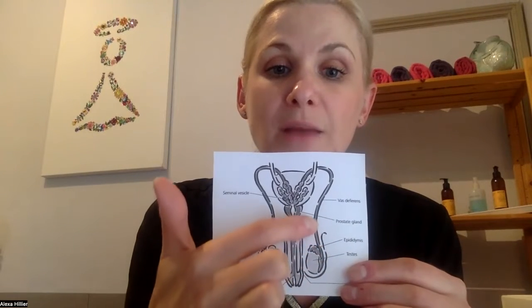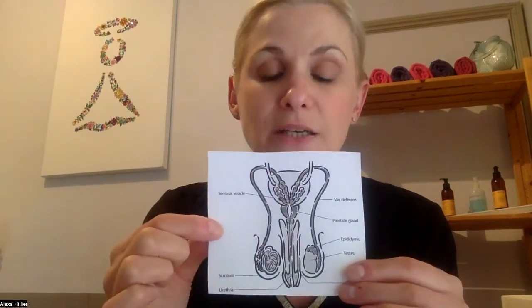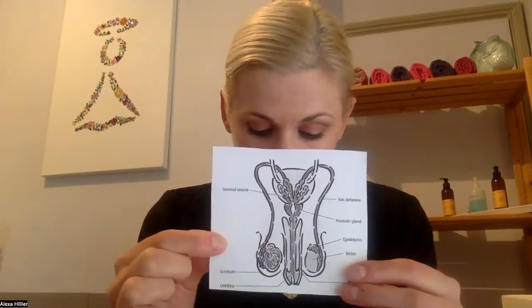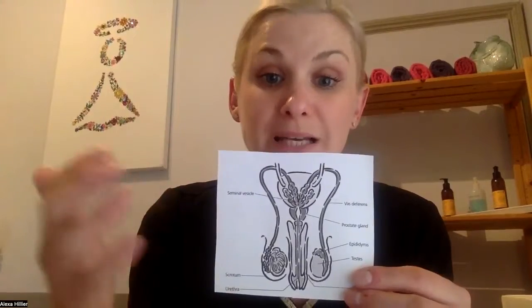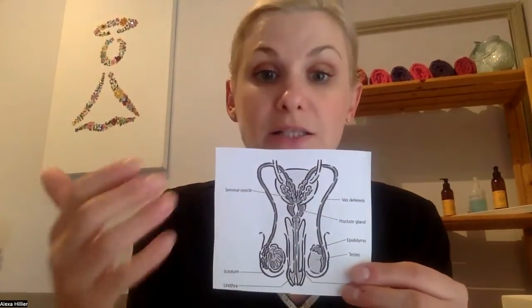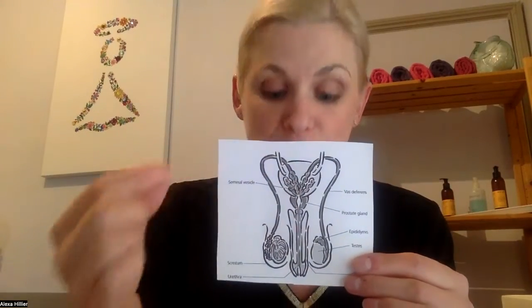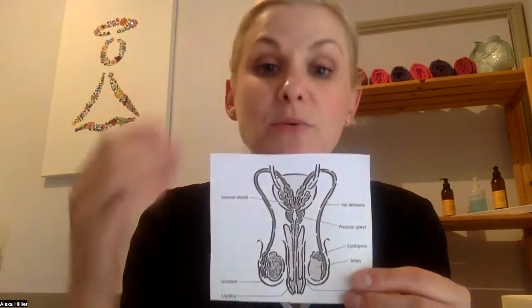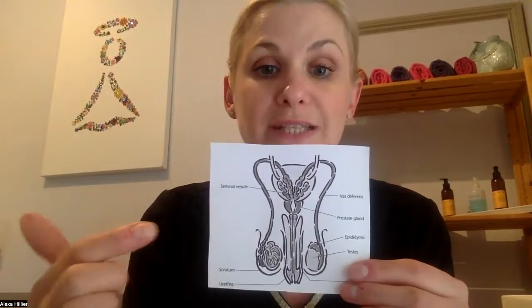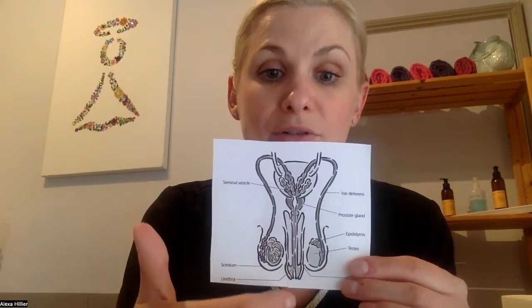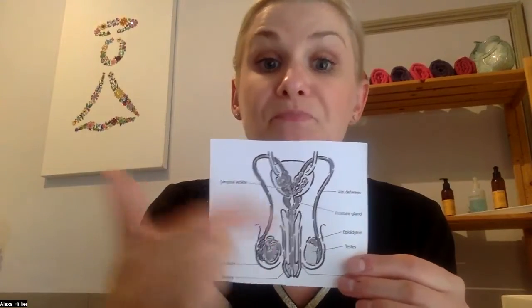This tube then comes up and over and passes through some glands here called the seminal vesicles. These structures produce a fluid which mixes with the sperm and starts to produce semen. This semen then passes through the prostate gland, which produces a further milky fluid, which again contributes to the production of semen. And then the semen passes through the urethra and out of the end of the penis when it